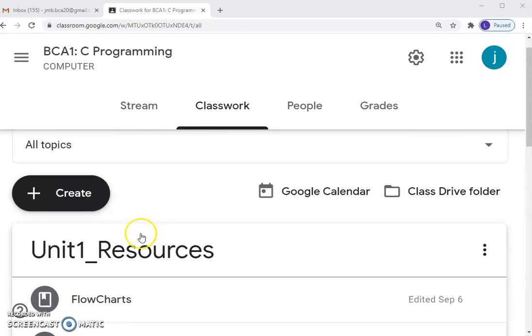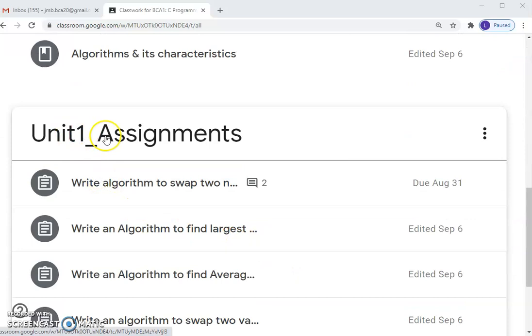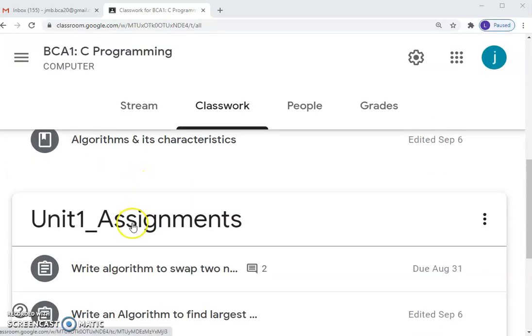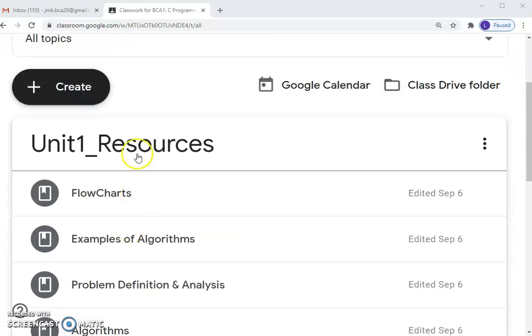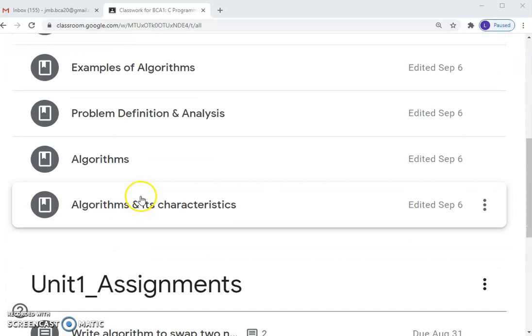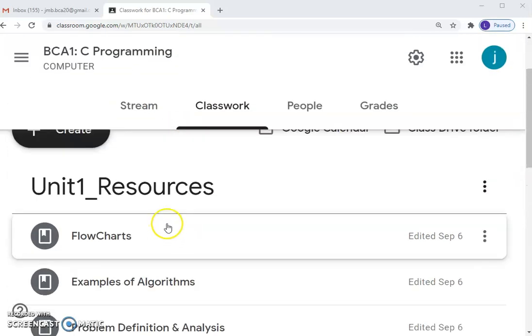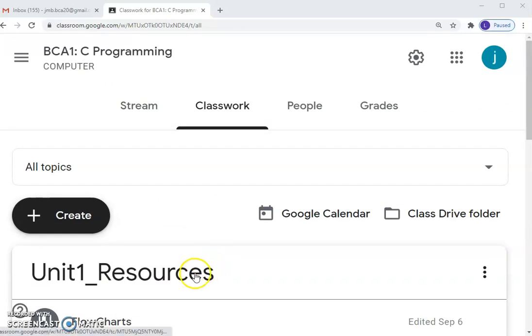Here you can see two topics, Unit 1 resources and Unit 1 assignments. All assignments given under Unit 1 will be inside one folder, and all resources inside one separate folder. So this way you can create different topics and add your resources and assignments under that particular topic.